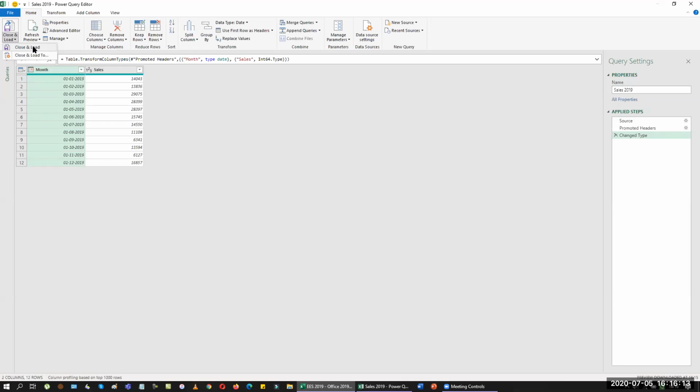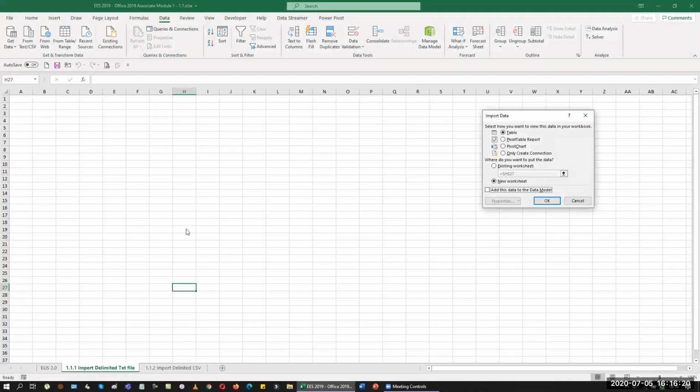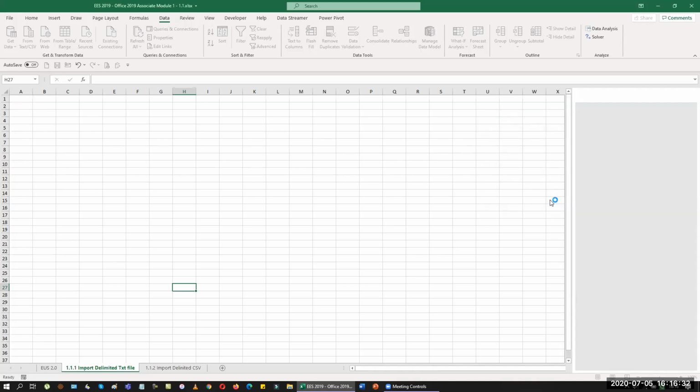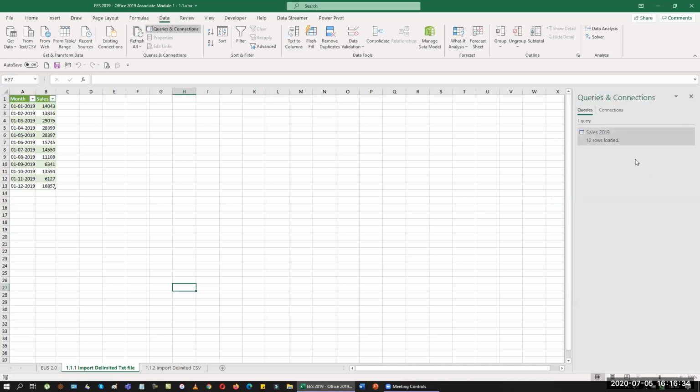Or if you are going to add it to an existing sheet, then I use the second option called Close and Load To. Then it will ask you where you want to add it. So I'm going to add it to the current sheet, and I'm going to tell the system that I want to add it in A1. Sometimes they'll ask you for a specific cell to add it to. So I'm just adding it in A1 here. When I click this, it automatically shows a Power Query connection on the right, and you can see that all the 12 data rows are added to our list.